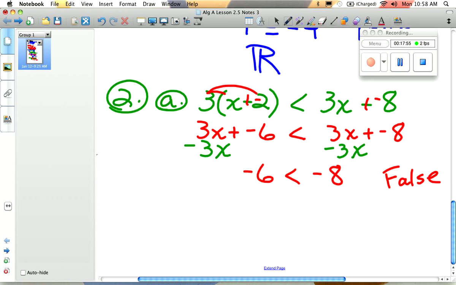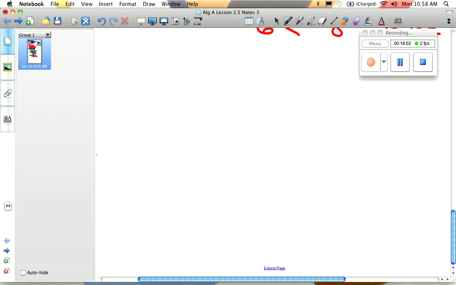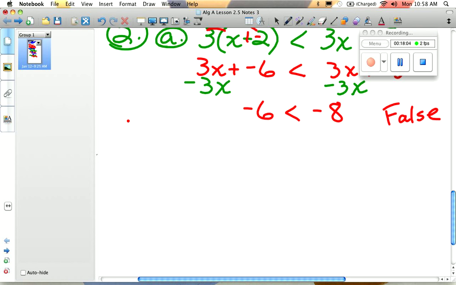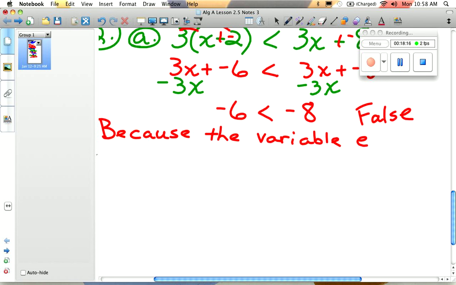So this is one of those situations where the variable's eliminated. So let's put that down this one time in your notes. I want you to write this down. Because the variable eliminated and the remaining statement is false,